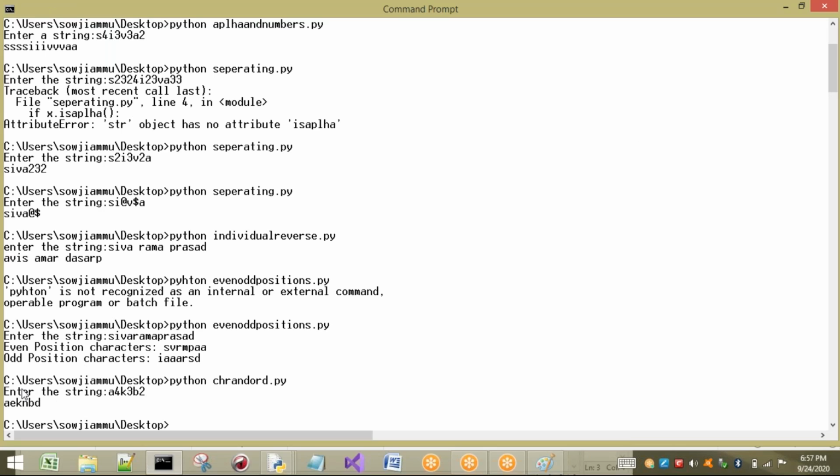So what we have seen here is that we take the first alphabet and after that a numerical. What we want to get is the difference. A with 4: from A, I take the fourth character, B, C, D, E. The fourth character is E. After K, the third character is L, M, N, so it has to print N. After B, the second character is C, D, so it has to print D. That is the example we have seen.